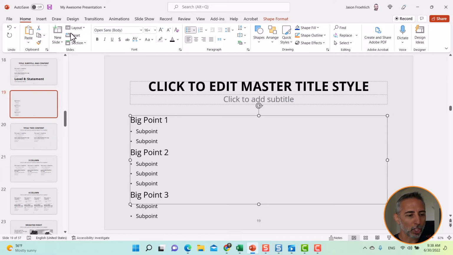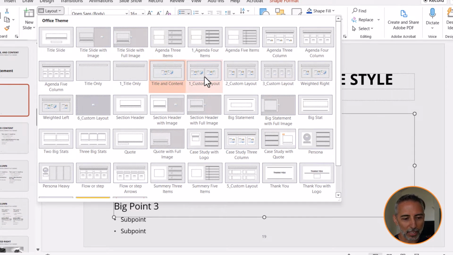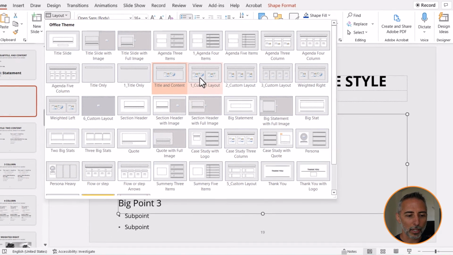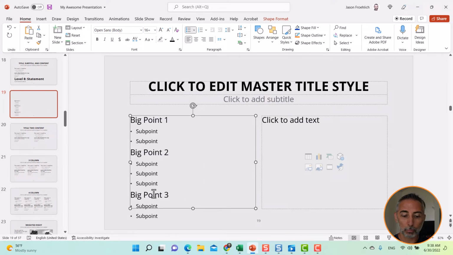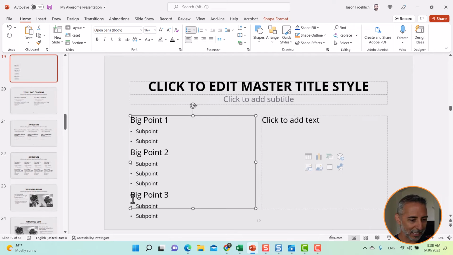So if I want to change the layout, I just come up here to layout. Right? I go, all right, I'm going to select a custom layout, which is number 1, which has 2 boxes in here. This one has 3 and this one has 4, right? So I'm going to go ahead and just put another box in there. I'm going to, oops, just let me close this design ideas down here. I'm going to grab this big point